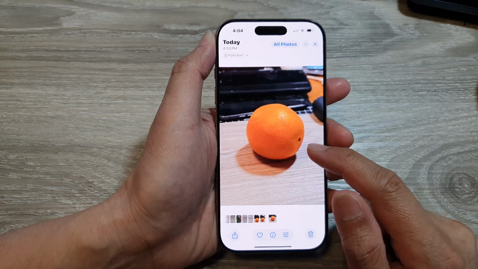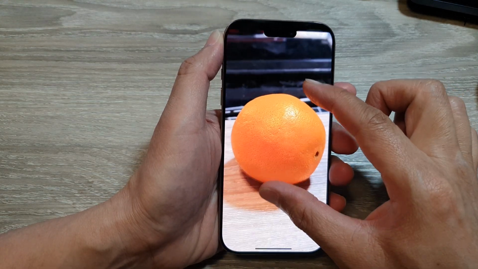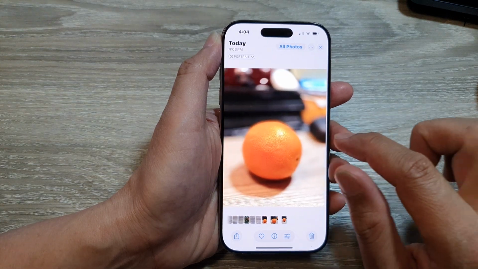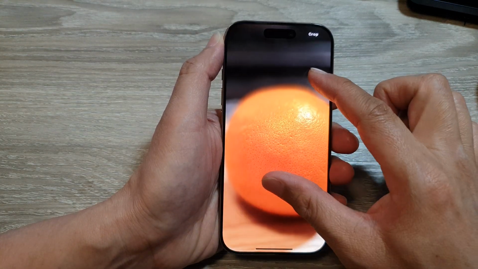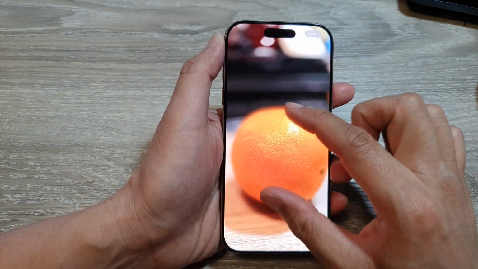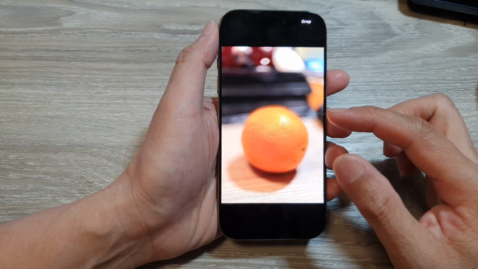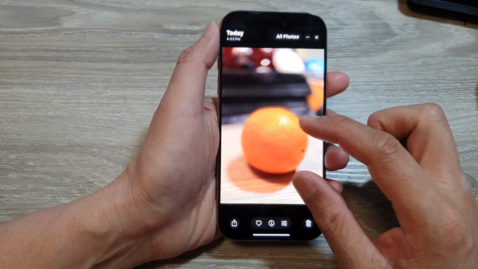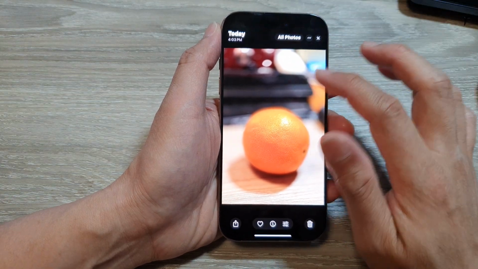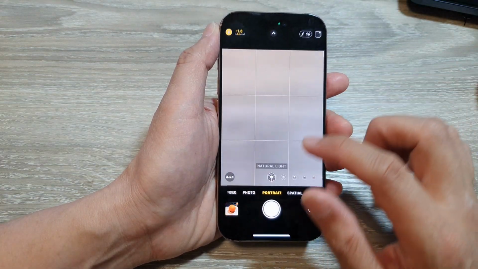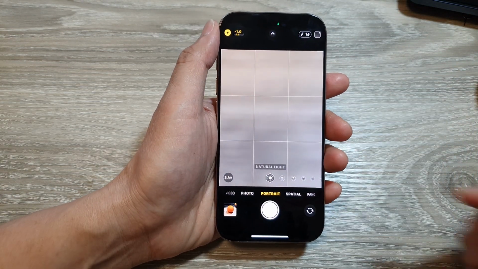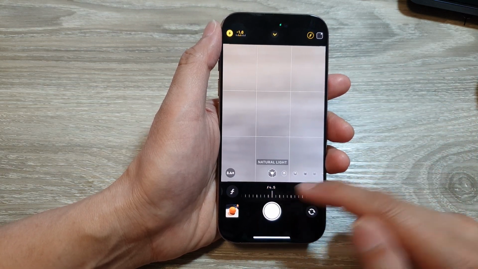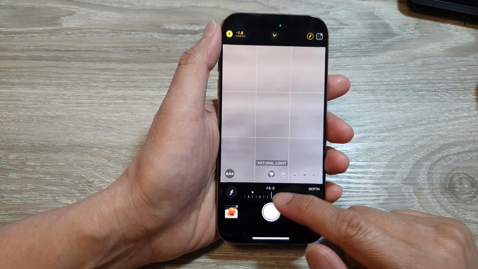This one here at f16, you can see if I zoom in, there are some details on the background that I can see. Here, if I zoom in, you can see there are a lot of blurriness around the orange because I have used too much depth of field. So what we can do is we can reduce that. So in camera, you can reduce the depth of field to say 4.5 or 9, and then you can take